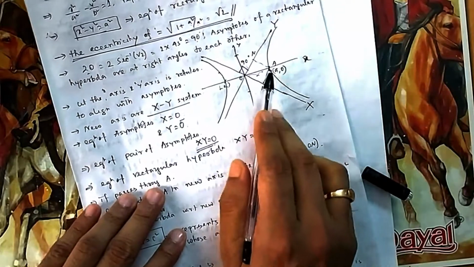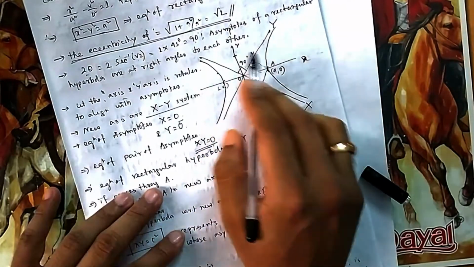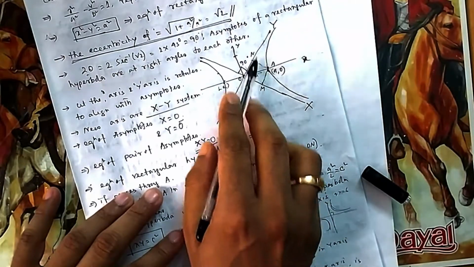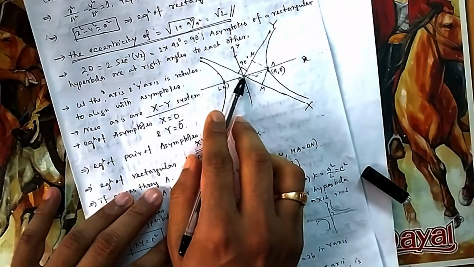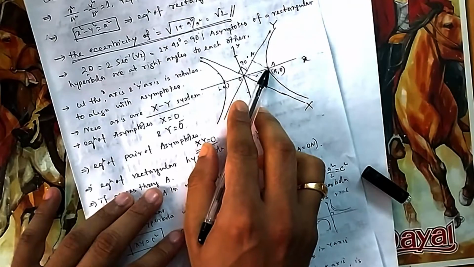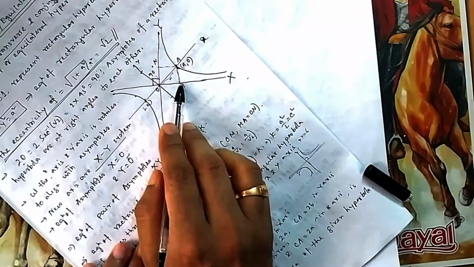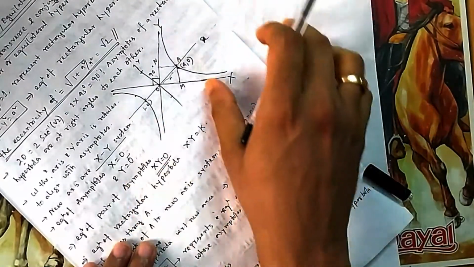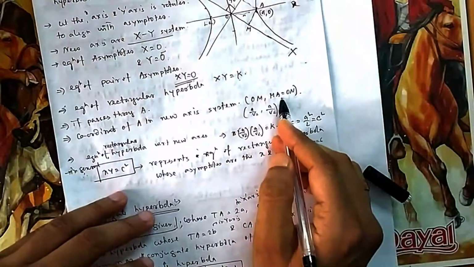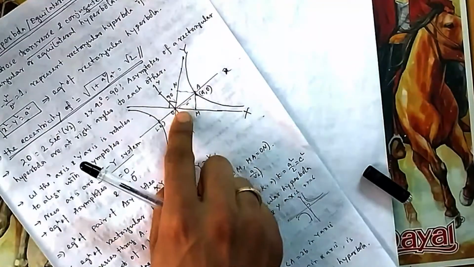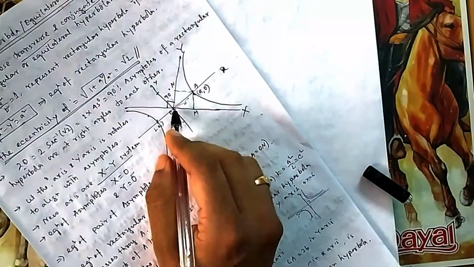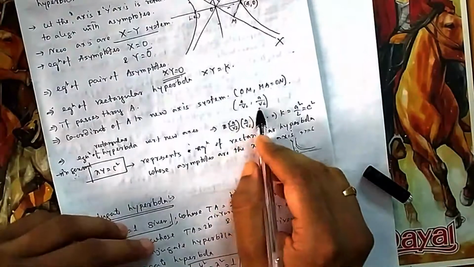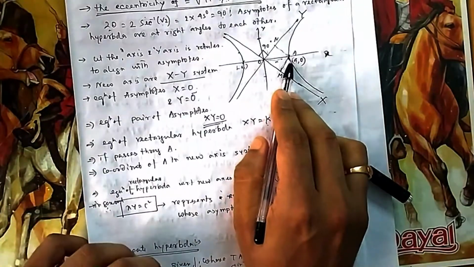Now what is the coordinate of A? A0 is in the old coordinate system, not the new coordinate system. Now I have to write this point A in the new coordinate system. Because my x is now this, I will move in this direction, y is this. So the coordinates of this point will be OM, MA. What is OM? This is A, and this angle is 45, so this is A cos 45, A sin 45. So A by root 2, A by root 2. So this is the new coordinate system, the coordinates of A as per the new coordinate system.